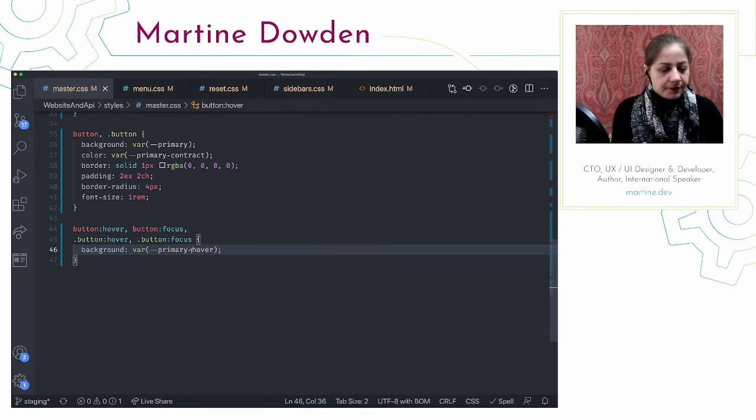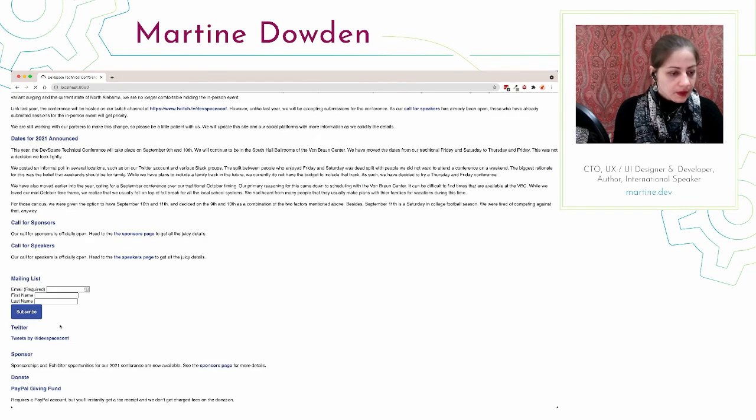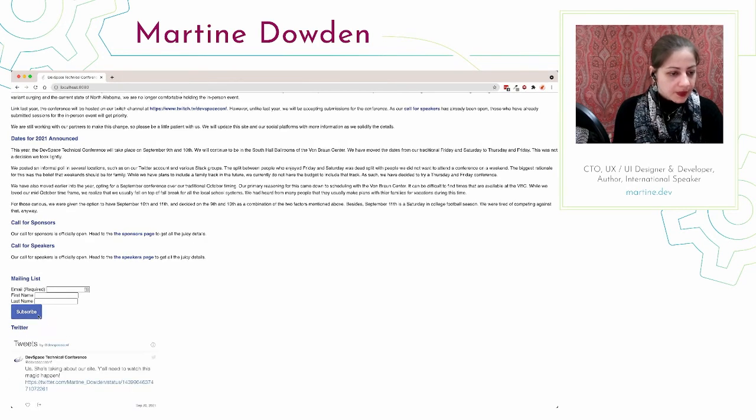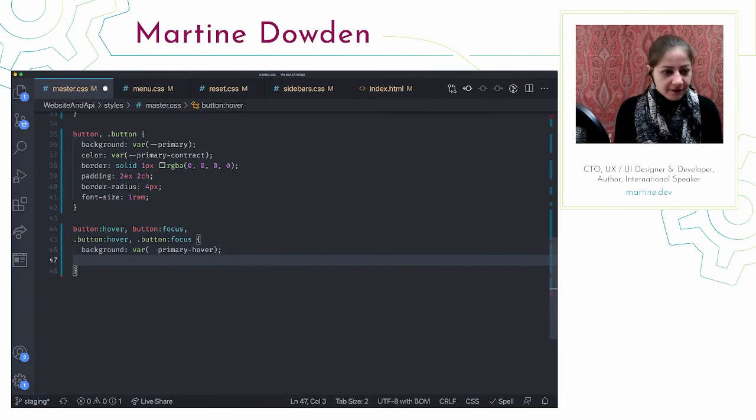So, let's see what that does. And now when I hover over it, we get the nice little hover going on. The other thing I'm going to do is see how for some things we get cursor changes, but we don't for buttons, where I'm going to go ahead and give it, for lack of a better term, the finger. I'm going to give it that cursor pointer thing so that it's really very evident that this is a clickable button.